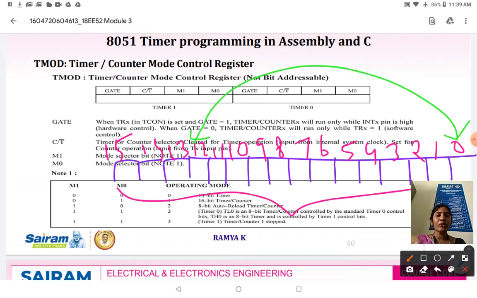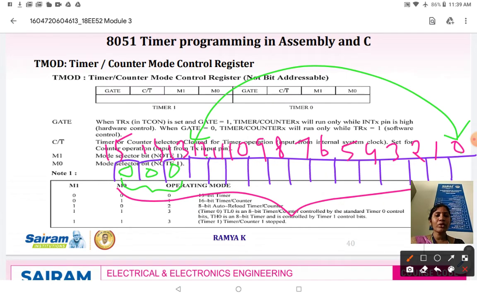So to find out the minimum and maximum count, all these 3 bits are unused. By default it will be 0. In case of your 13-bit timer, to identify your minimum and maximum value, we will be using only the digits from 0 to 12. That is, only the 13 bits are used. The other 3 bits are going to be loaded with 0 by default.